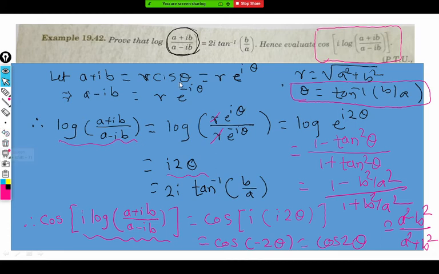Sir, I have a doubt in this one. Okay. So can't we use that? We have 2 tan inverse b by a. So can't we use that formula, tan inverse b by a plus tan inverse b by a? Tell me, just 1 minute. I will write it. What you are asking, I'm not getting. Tell me your formula. So in the previous step we have got 2 tan inverse b upon a, right? Okay, just 1 minute, I will change the ink. 2 tan inverse b upon a. Yes, then we can write it as tan inverse b by a plus tan inverse b by a.